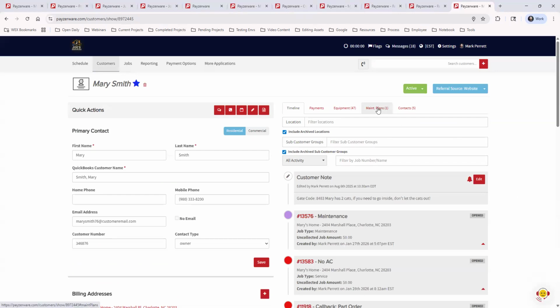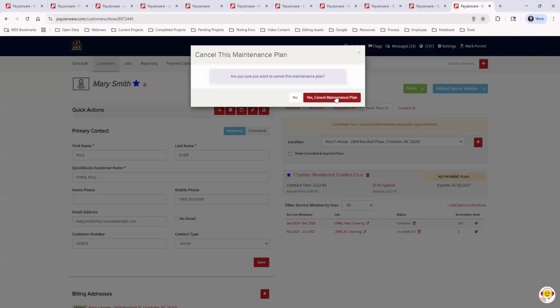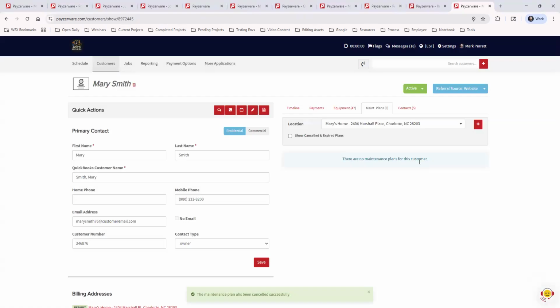And let's go to the maintenance plan tab. And we're going to delete this. This is actually a plan I did in a previous webinar. Okay. So